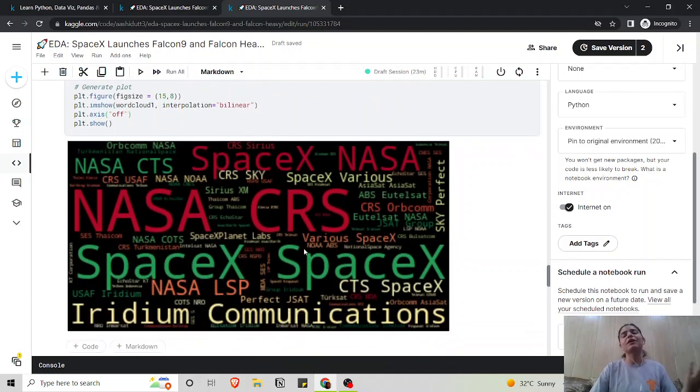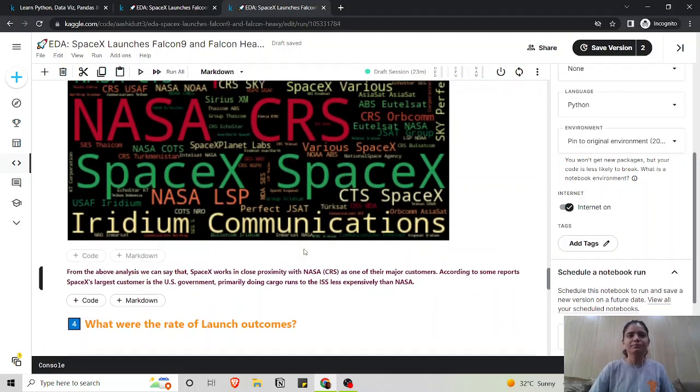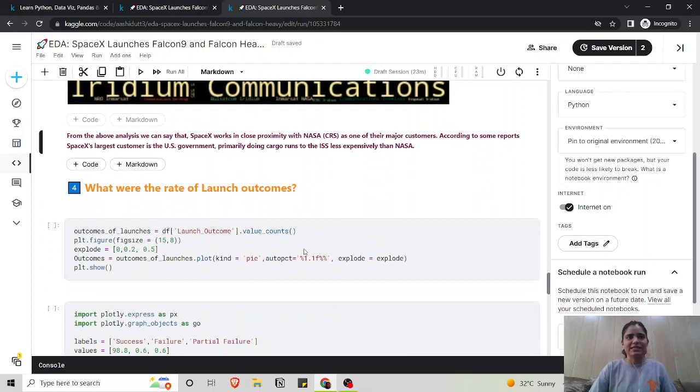So it's also one way to represent it, and usually it is used for such string datasets only. So wherever there is a column that has strings and you feel like this word cloud would fit much better, go ahead and use it, right? So next is, what were the rates of launch outcomes?